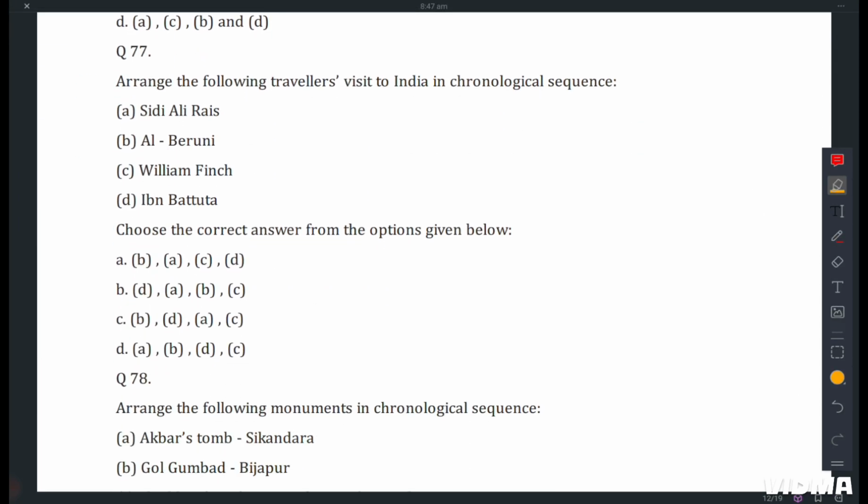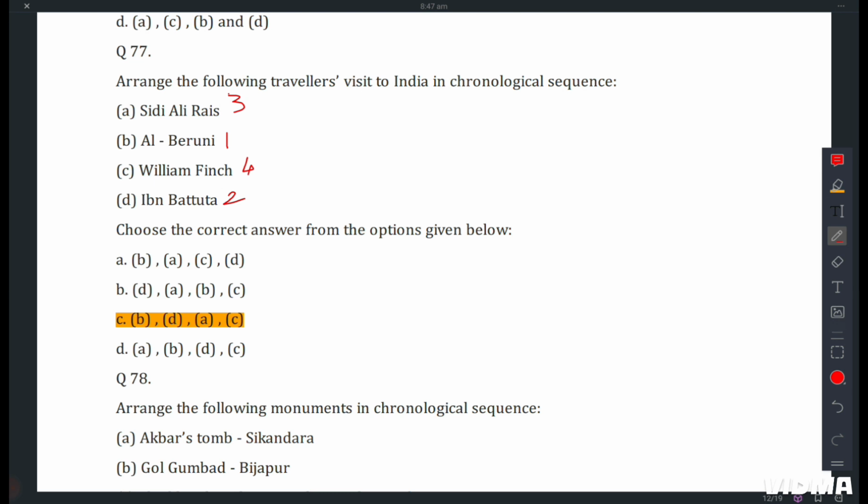Arrange the following travelers' visit to India in chronological sequence. It is option C. The first one will be Al-Biruni. Then comes Ibn Battuta. Then Sidi Riyas. Then William Finch. Al-Biruni, who came in the 10th century approximately to India, and he has written the book